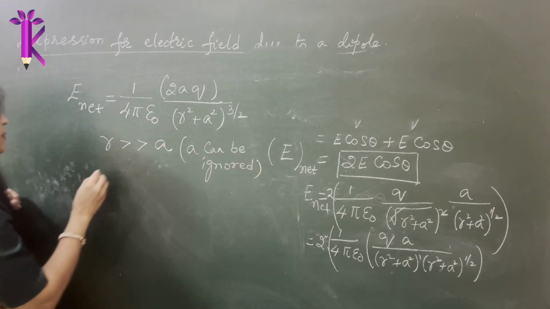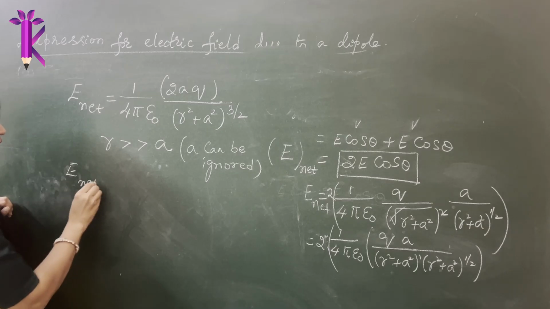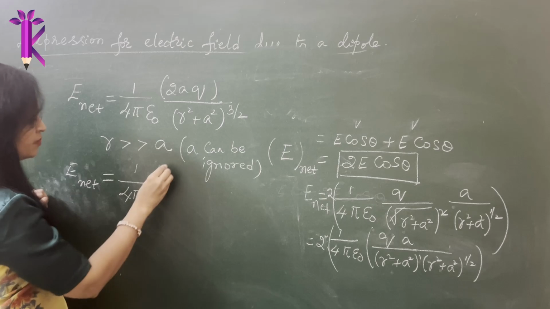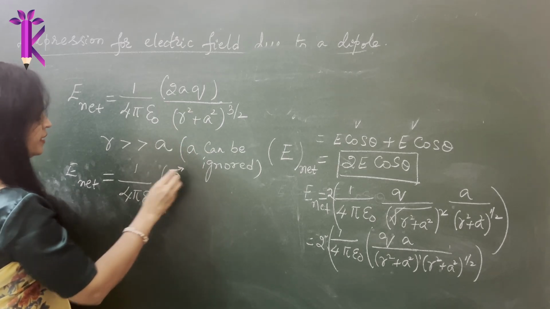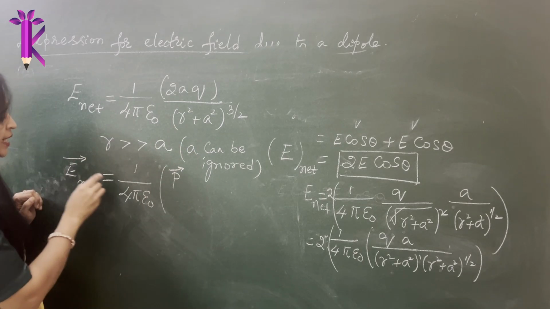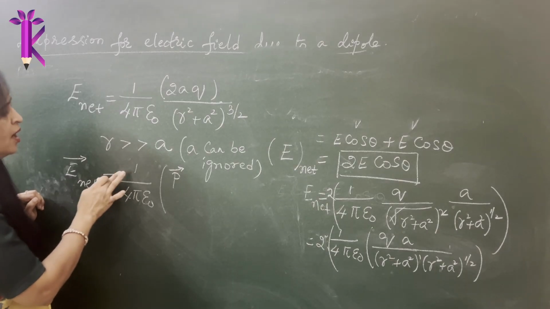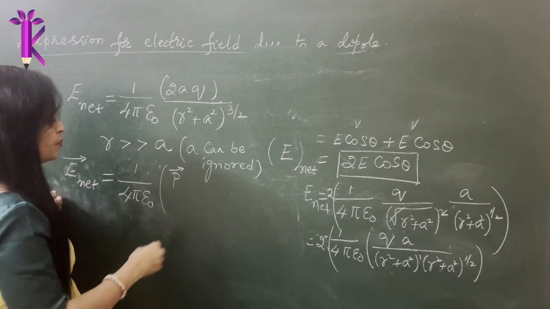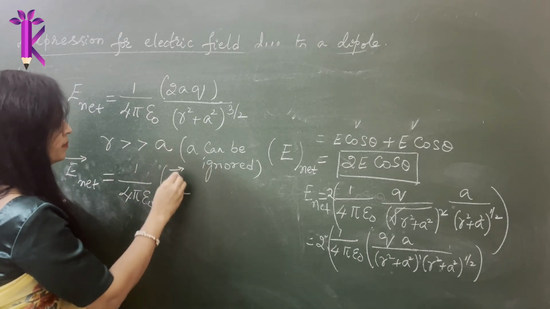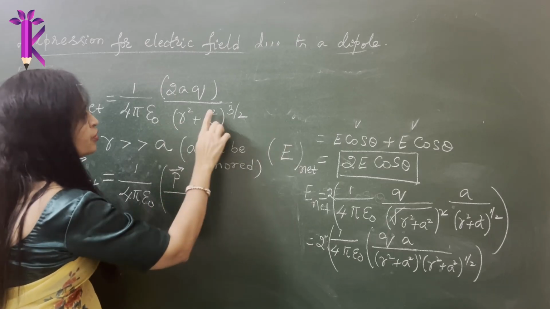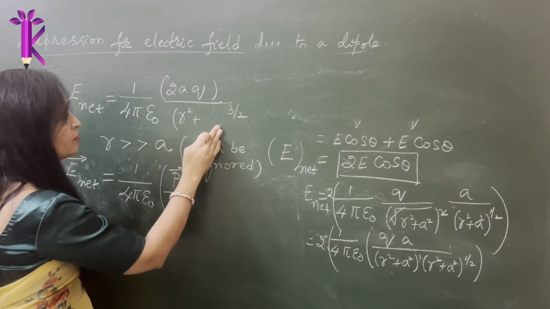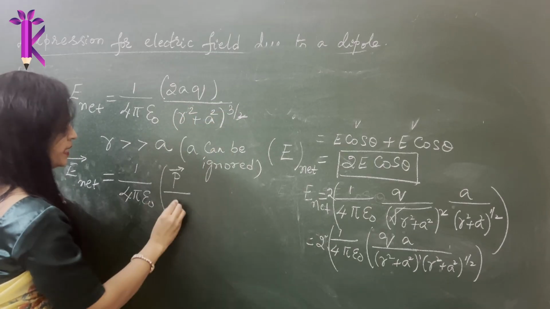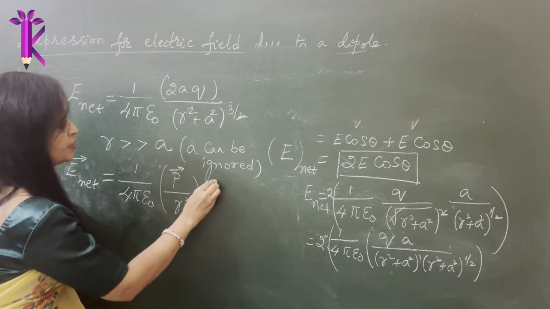In such cases, we make the approximation as the net electric field is approximately equal to 1 by 4 pi epsilon naught for such assumptions. This is the dipole moment, right? So if you are writing the dipole moment, you also have to write the minus symbol, or you can just write the direction of the electric field is opposite to the direction of the dipole, right? So dipole divided by r square whole to the power. So you are neglecting A, you don't have A. Then what will happen? Square, this gets cancelled, you get r cube, right? So this will be directly r cube multiplied by the unit vector P.